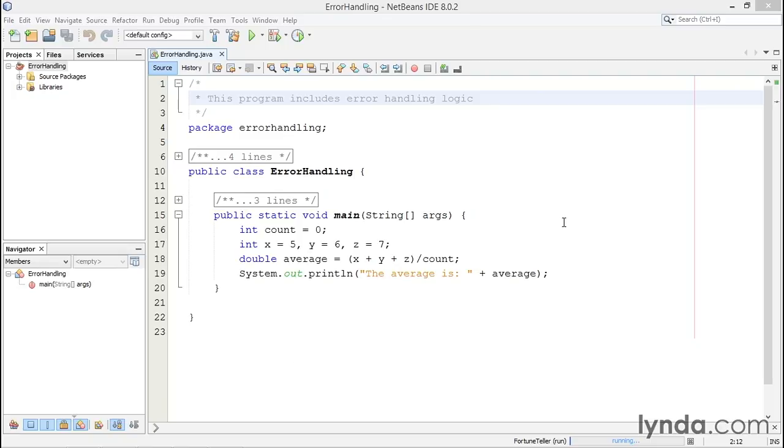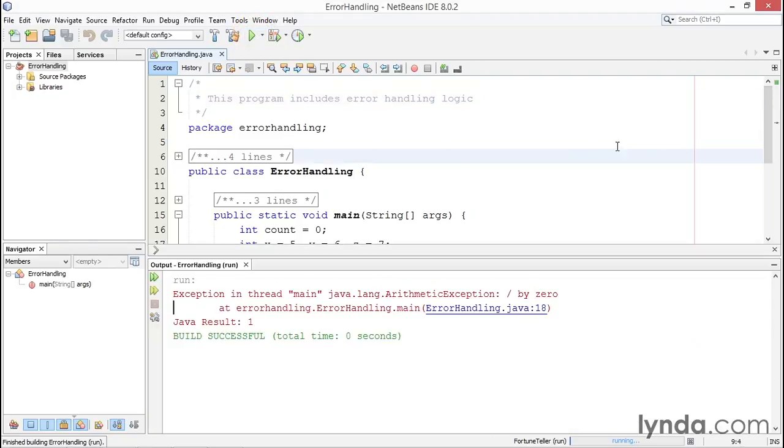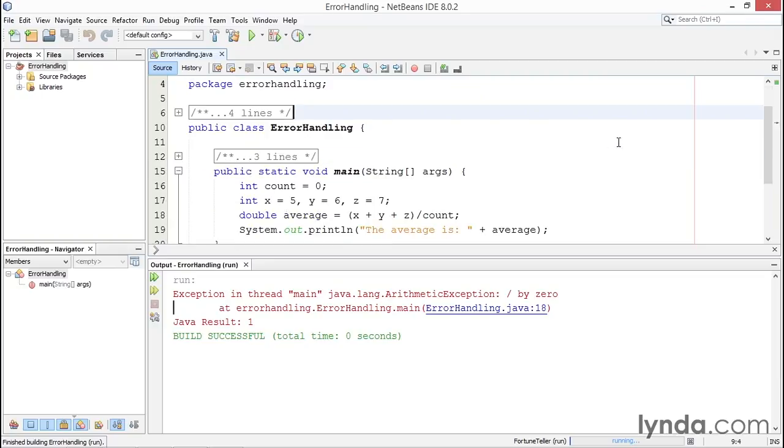You can also see that there is no errors for the compiler. The syntax for this program is correct. But let's run it. Okay, we knew that divide by 0 was going to cause problems, and it did. You can see by the red error message, if I read the message, it says exception in thread main,